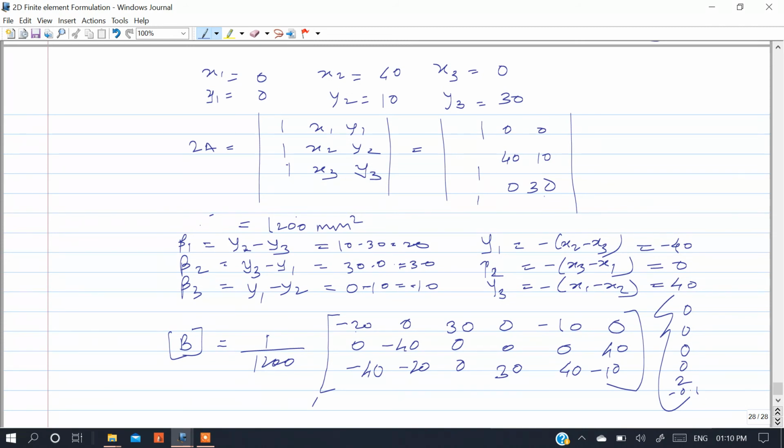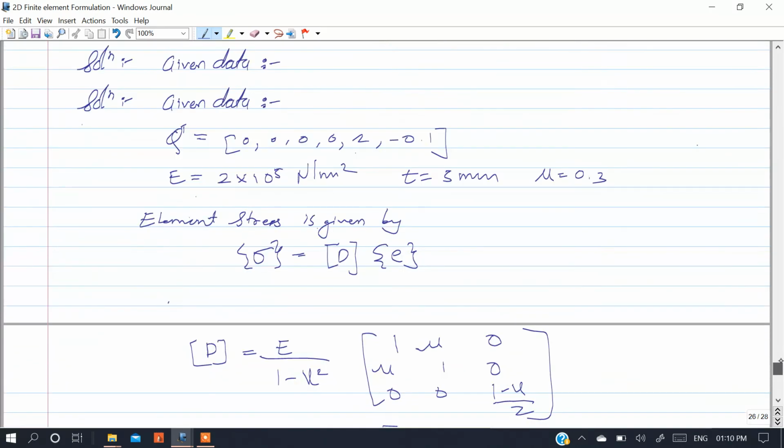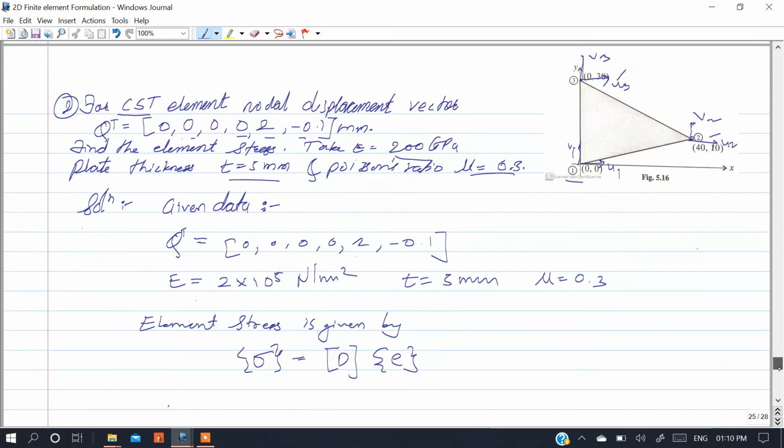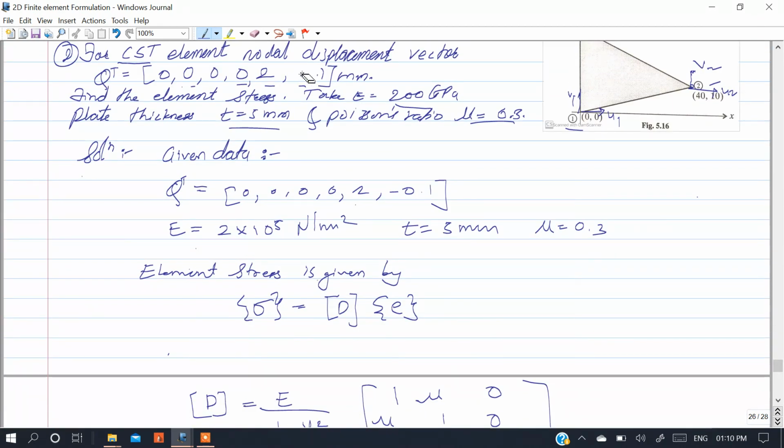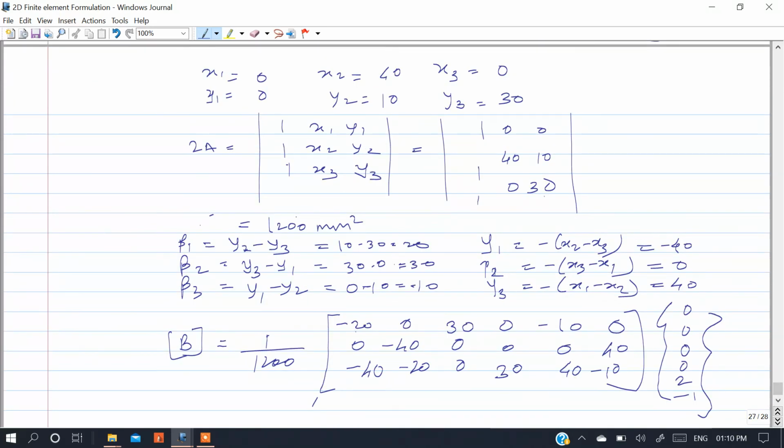Is it 0.1 or 1? I think it is 1. By mistake it is printed. It is minus 1, so change it in the given data also. Okay, so minus 1. Now after solving the cross multiplication with these two matrices,